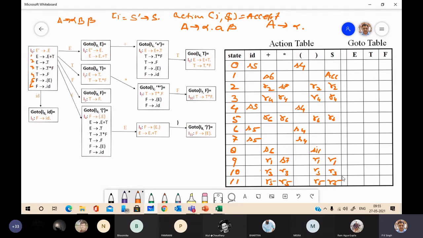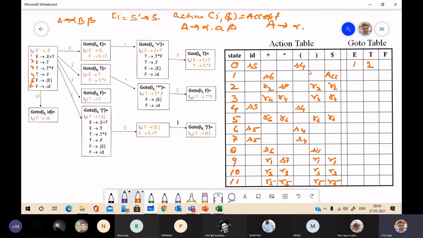The action field is completed. Now for the goto field, we will make entries for non-terminals. Just see. Goto I0, E is I1. So I1 shows state 1. Goto I0, T is I2, state 2.